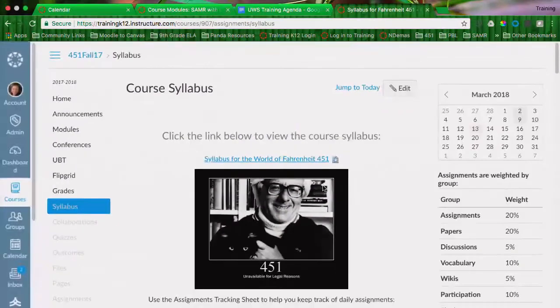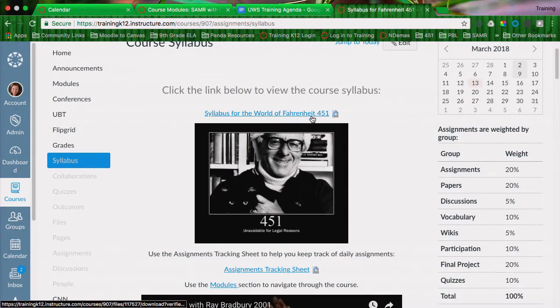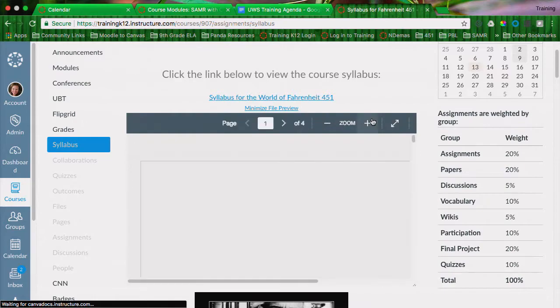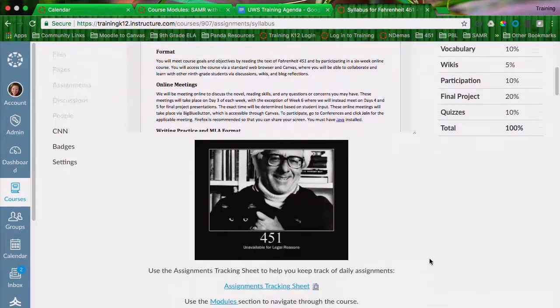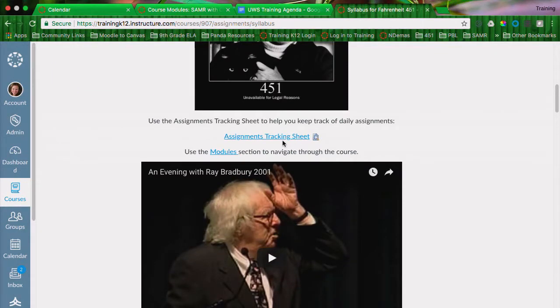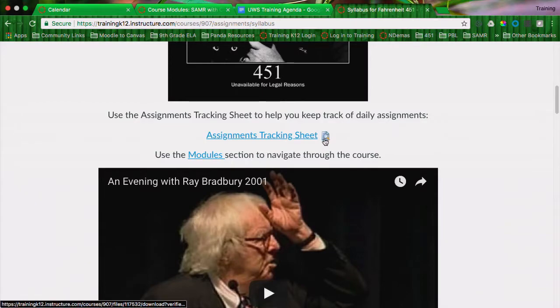In mine, I'm going to scroll back up to the top. You can see that I have the link right here to my static syllabus. I've uploaded it into my file space and my students can see it and download it, because some students like to have that paper link and they still want that.